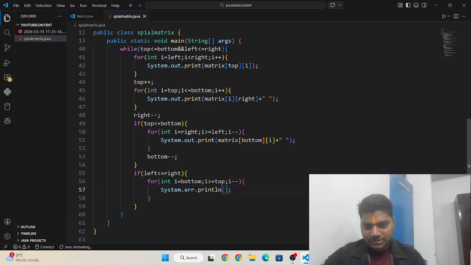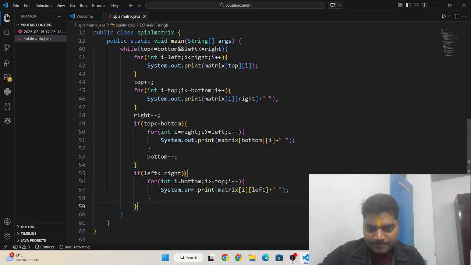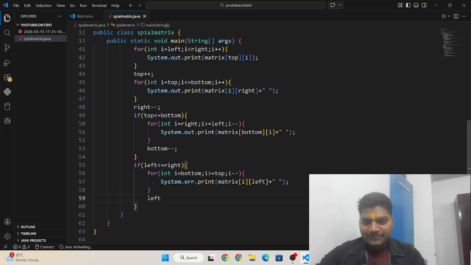Here I need to write System.out.println, and I need to remove this ln, and here I need to write matrix, and then which row, I, and after that on the right side I need to write left, because we are printing the left column. After that I'm moving to the right side. Okay, done.